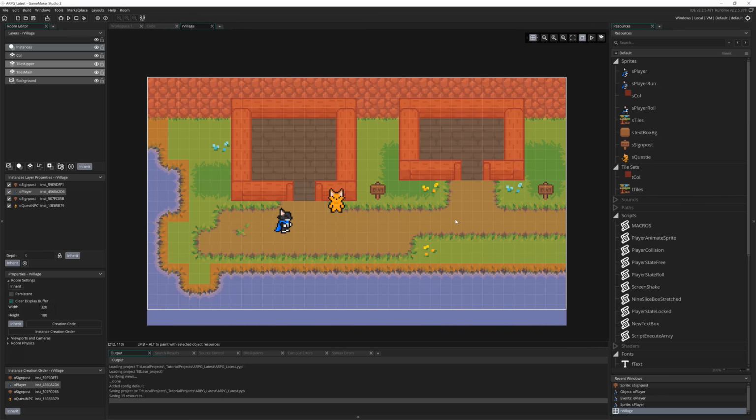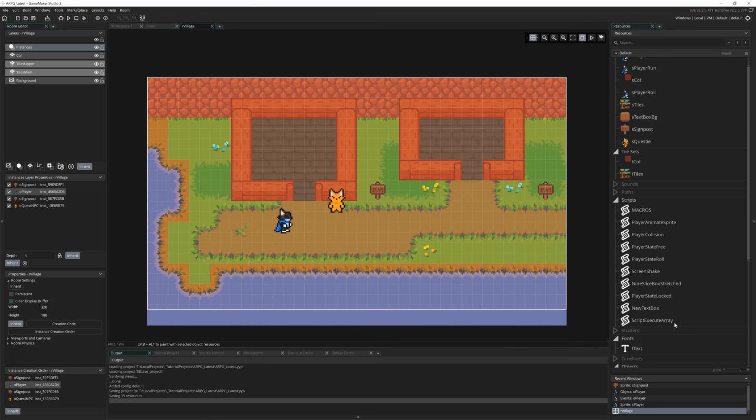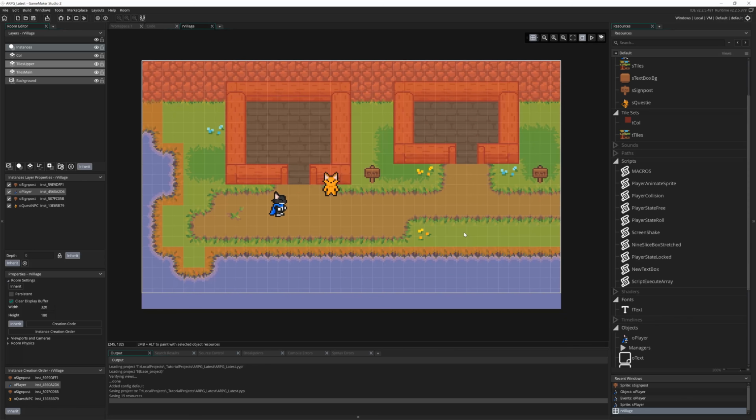Today we're going to finally make a start, now that we have the text system, drawing our text boxes and everything like that, and we're able to call them. We have entities with which to summon those text boxes. We're going to make a start on the response system, so that you can have a dialogue with a character or even a signpost or whatever. We'll show you something in a text box and be able to show you options, and you'll be able to select one of those options